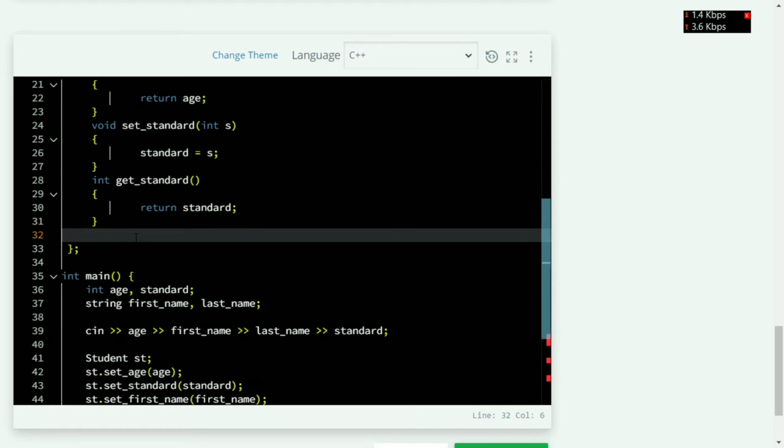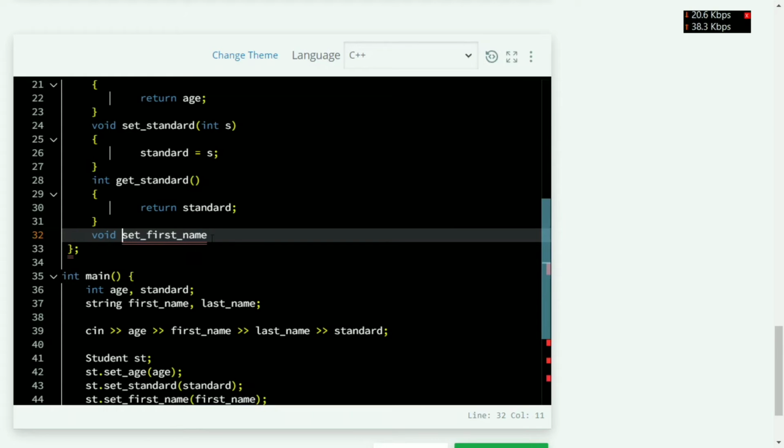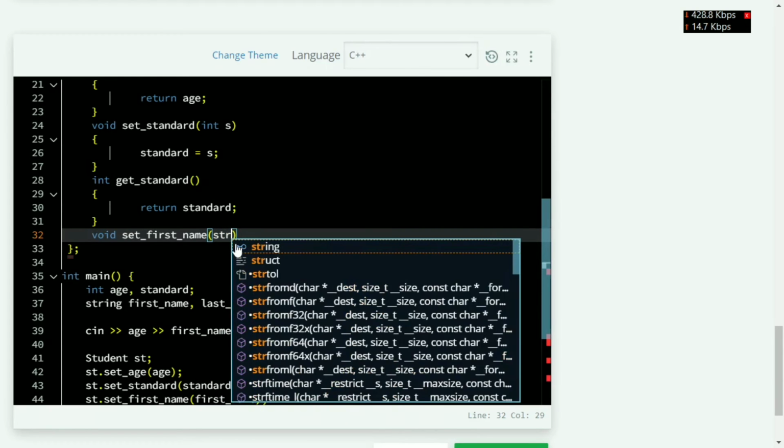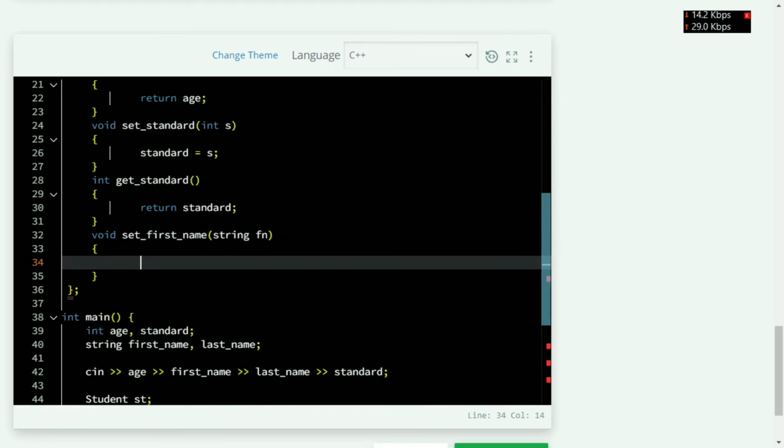For that I am using void set first name. The name is the string type, so I am using string fn, and here I will assign the value of fn to first name.